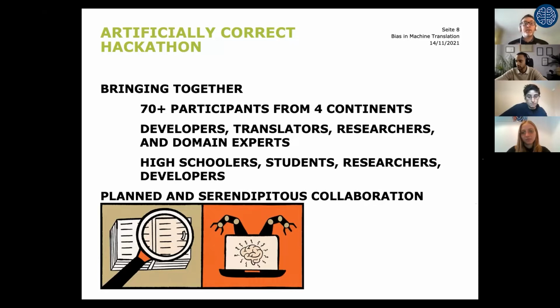And one of the things that for me as a member of the jury was very nice to see was structured teams that came together specifically for the hackathon, as well as completely serendipitous, never met before collaborations spawning and starting up. Okay? I'm going to stop there with a very brief introduction, and I'm going to hand over